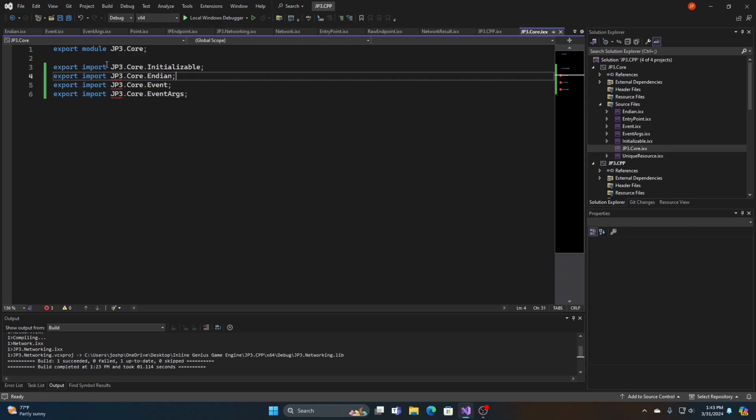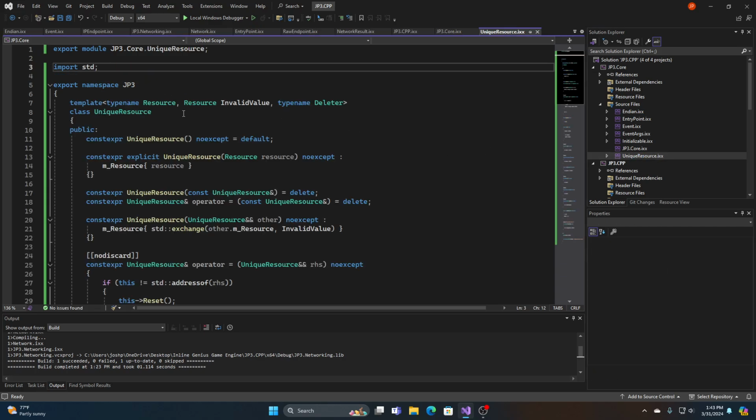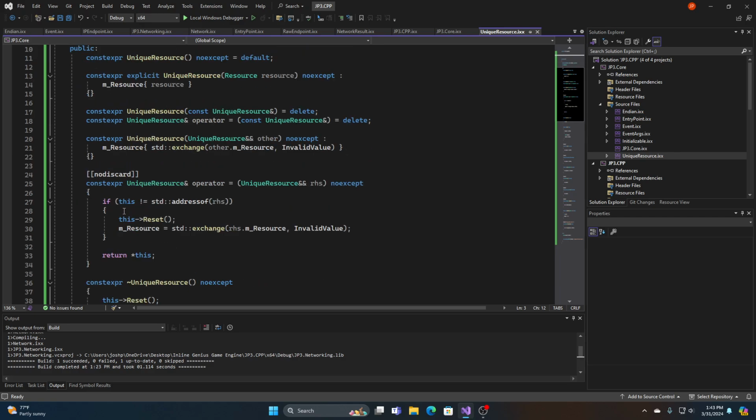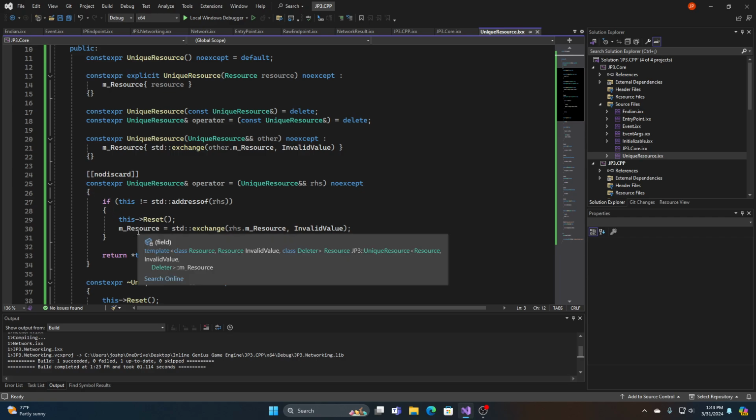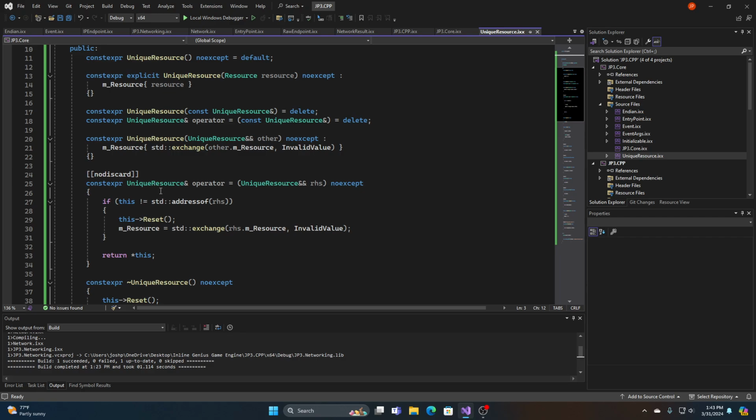What the core does is it brings in these individual components. So the first thing you realize is unique resource. I'll go over this first. What unique resource is, it's basically that safe socket that we created in the beginning, and then I eventually went over to a resource or whatever. So this is a unique resource, and it does everything that the old one does, except I added a couple of tags. I fixed a bug that was in the move assignment operator, and the bug basically was it had a copy and swap, and